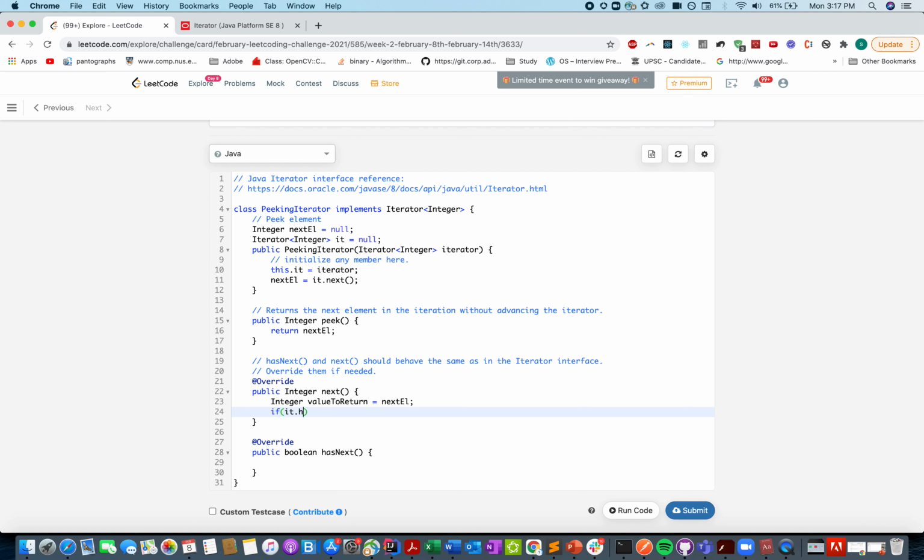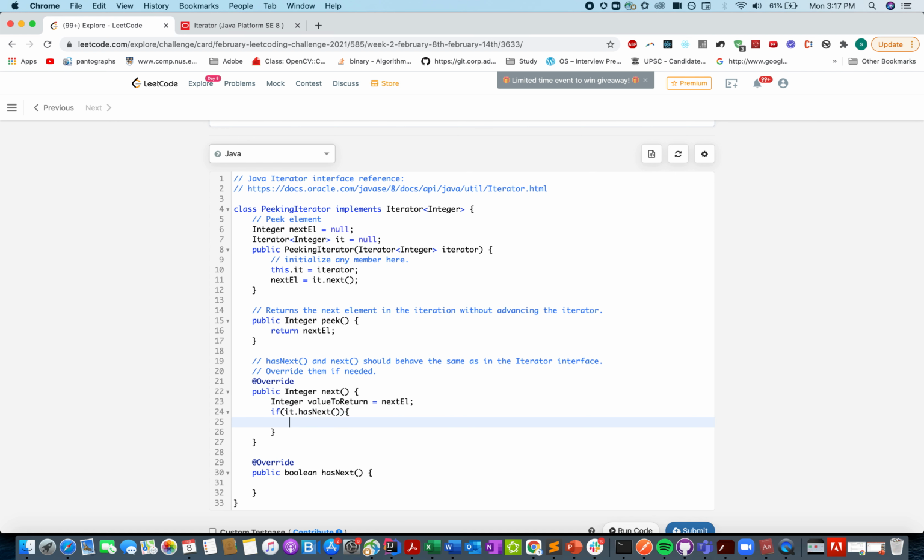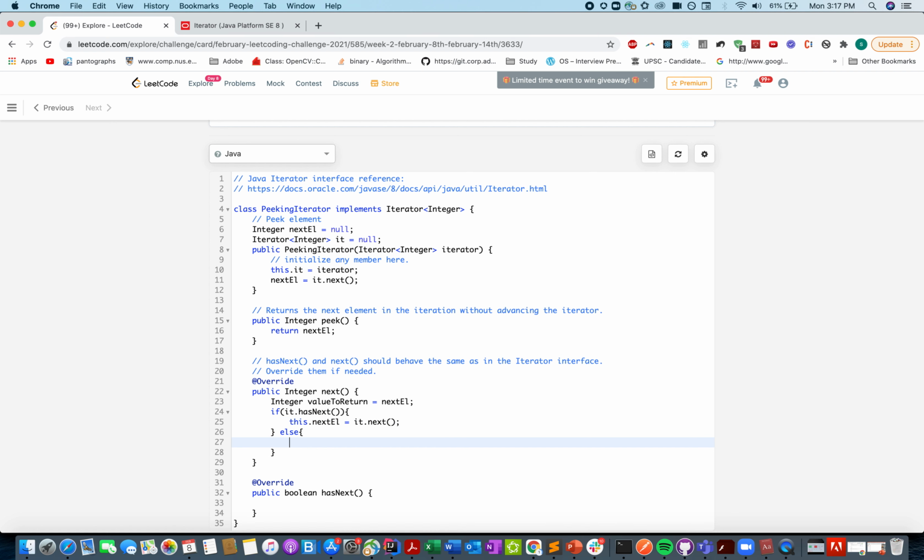If it.hasNext, if it has more elements, then this.nextEl becomes it.next. Otherwise this.nextEl becomes null, since the iterator has exhausted, and we simply return the value to return, which was the previously peeked next element.